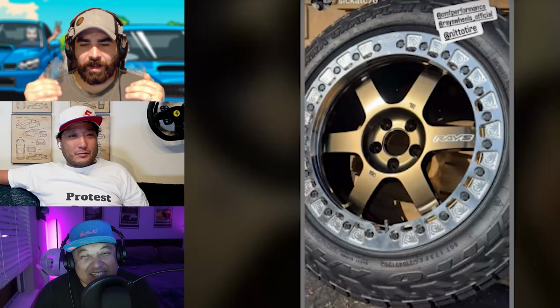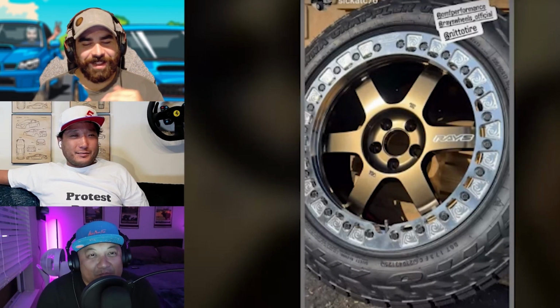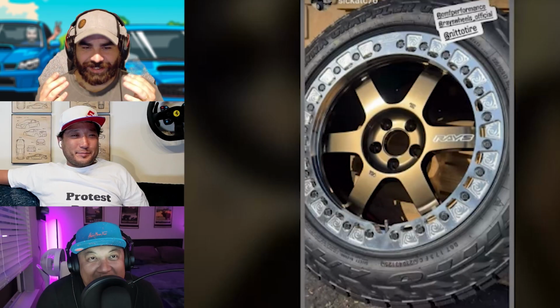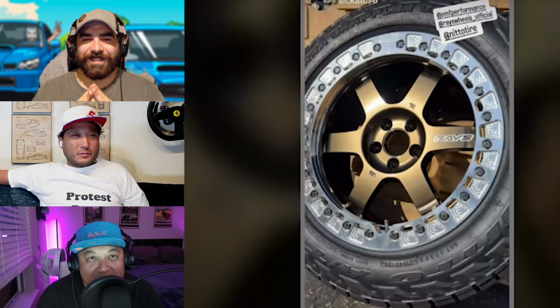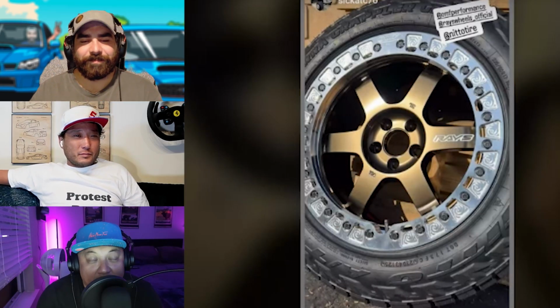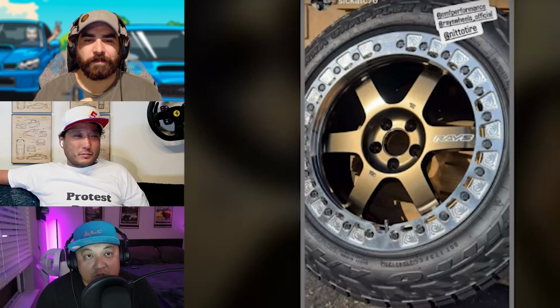When I see wheels this beautiful, I would never want to drive on them. I would never want to bolt them on. It's kind of stupid how much I spent on that whole setup right there. But yeah, I am so excited to get them. And like I told you before, I buy things or build things to use them, and I'm going to